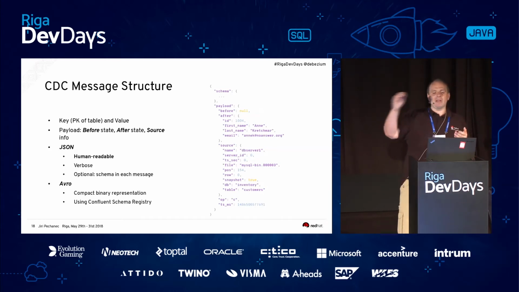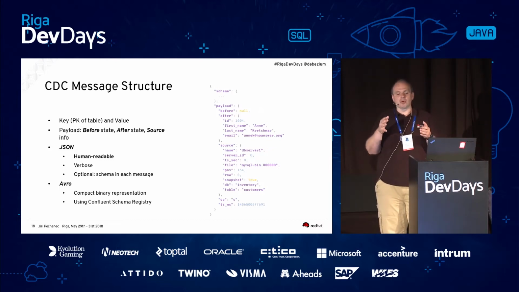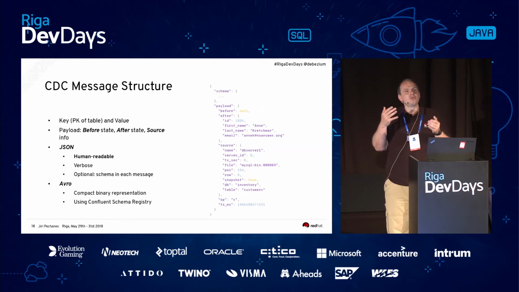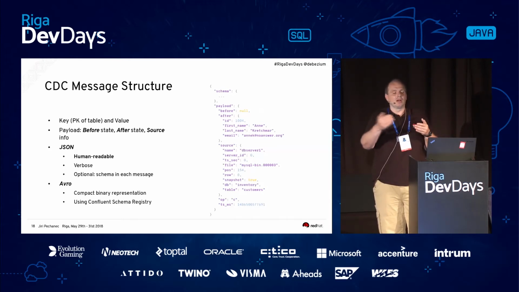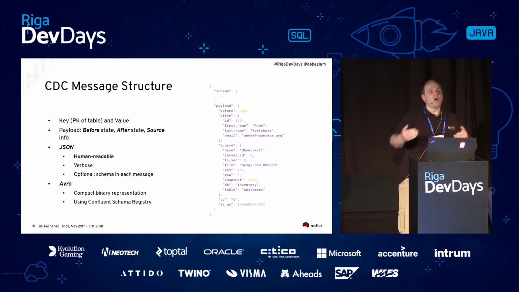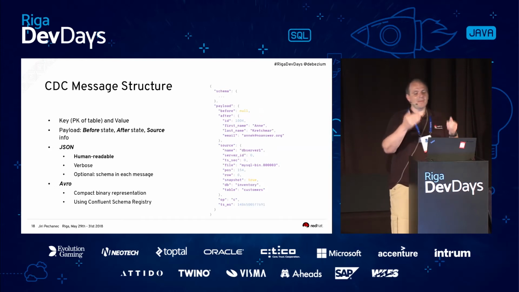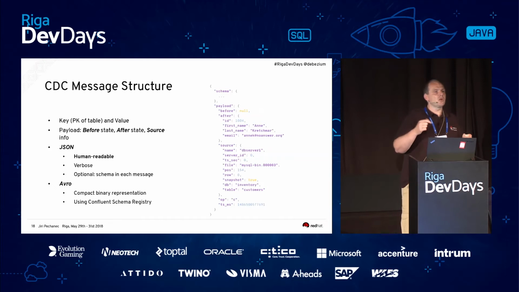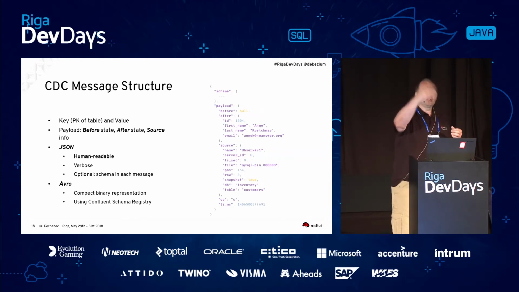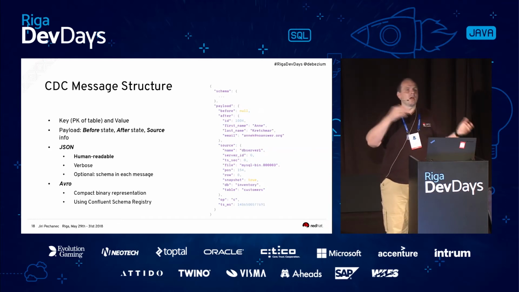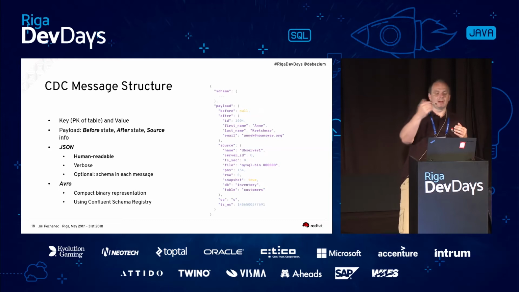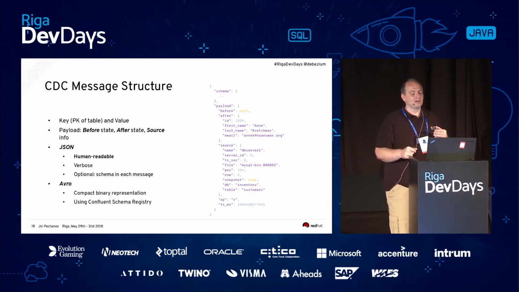You can send either plain JSON without schemas, and then it's up to your clients to somehow know what format they should expect, or the schema comes embedded in the JSON, so the clients can look at the schema and know in what format and what data types are coming in those before and after